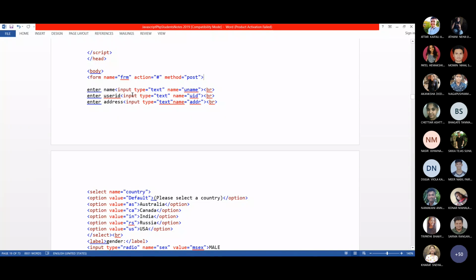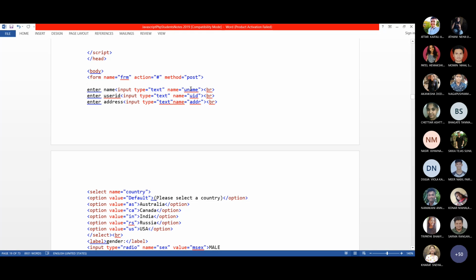First is the name, which is a text box. So I am writing input type equal to text. This type equal to text will create a text box. And then I'm giving a name for the text box also. In a single form, the name of every form control should be unique. You should not repeat. For example, form name equal to FRM, and the text box name also, I can't give FRM.